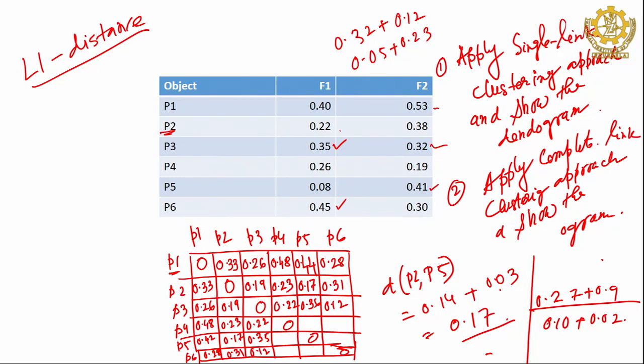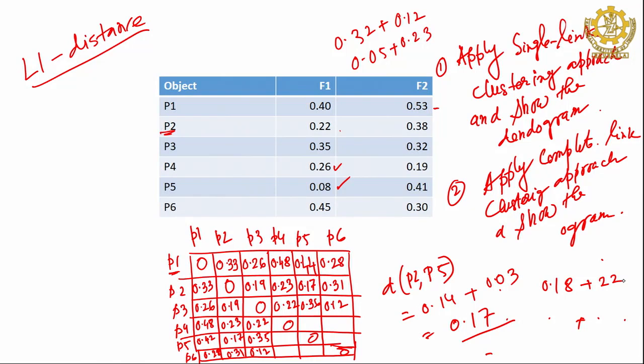0.12. So P4 P5, P4 P5 is 0.14, 18, and then this is plus 22, so 0.40. Then P4 P6,